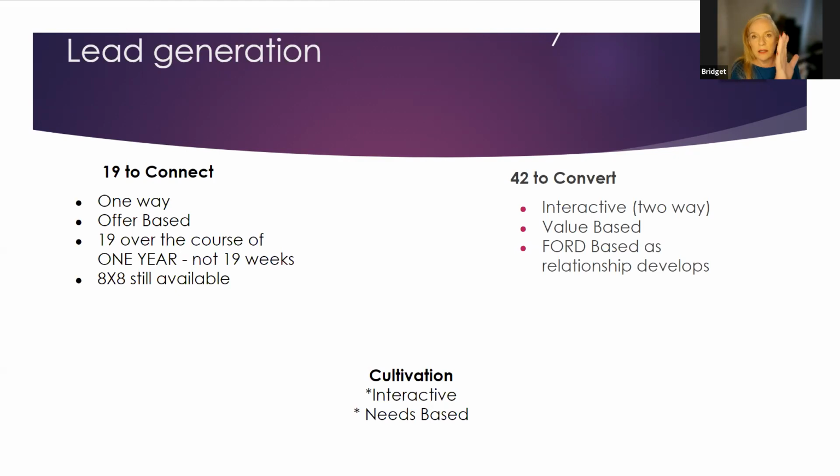So 19 connect is to unmets, recently mets who are not leads, and future possible referral partners. 42 touch is for your premier group, sphere of influence, and I have a list of this, so I may as well just go to the slide. But do you all get the difference between the two? Are we good on that? Good. Okay.